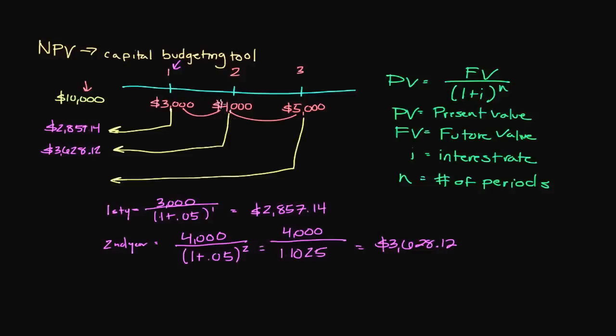And so once again, $4,000 discounted at 5% for 2 years is worth $3,628.12. So last one, third year, we have a $5,000 future value. We're going to divide by 1 plus 0.05, this time to the third power. So 1.05 to the third power comes out to